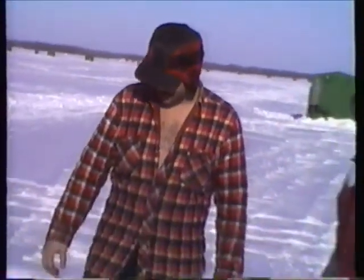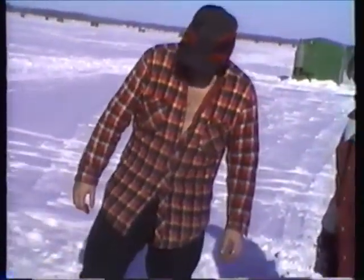You fish up here most every year? I've never been up before. This is my first year. First time up, first time ice fishing, so I didn't know what to expect, but this is what to expect. I'm impressed with ice fishing. Well, what made you think about coming ice fishing to start with? I mean, if this is the first...